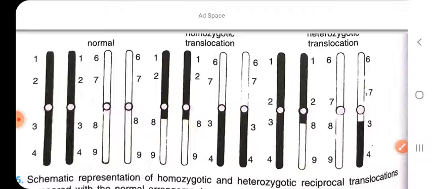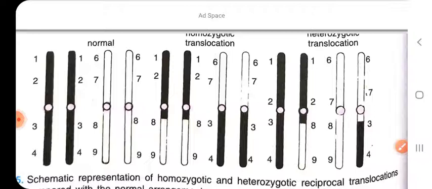So when crossing over occurs in between the two normal and two interchanged, that means translocated chromosomes, you will see at the diagnosis stage and at the metaphase stage a unique pattern, a ring or a circle-like structure, mainly composed of 4 chromosomes, because they are not actually aligning themselves properly, and the ring structure may be a twisted ring or an open ring.